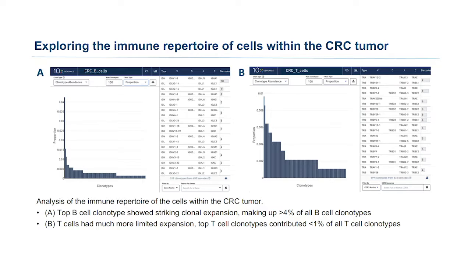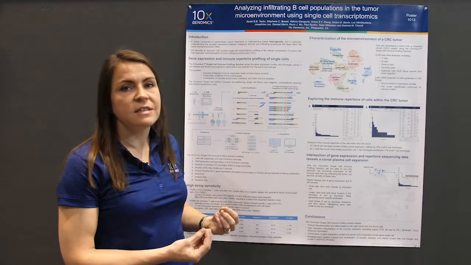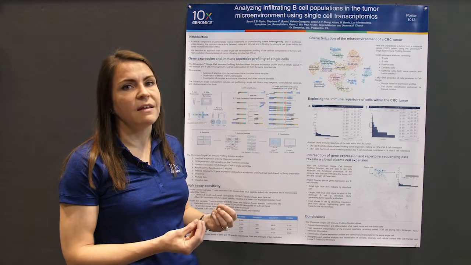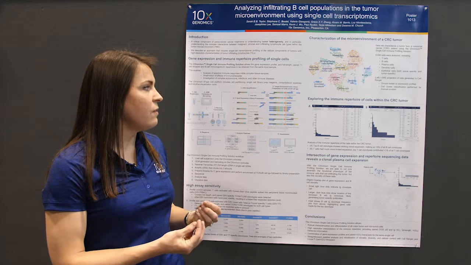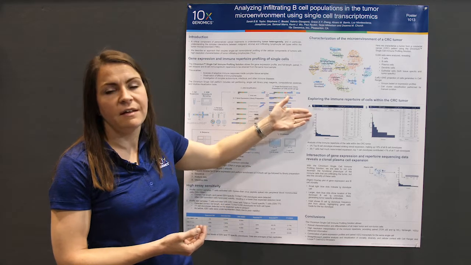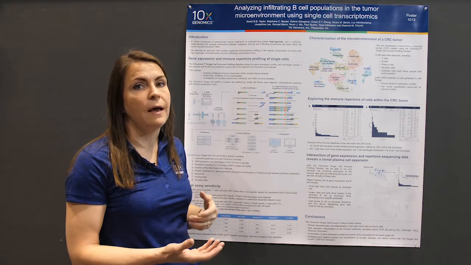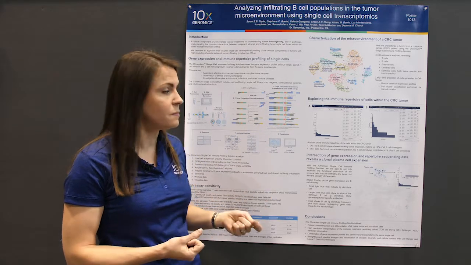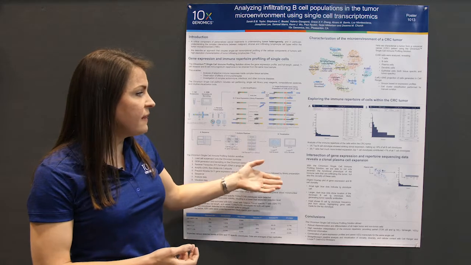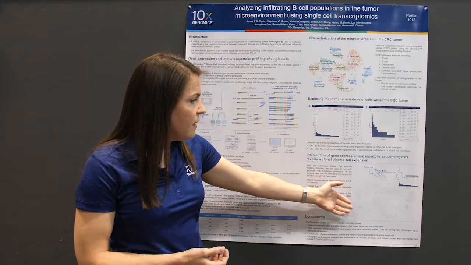When we look at the T cells, you don't see this. The top clonotype here is 1%, and it doesn't particularly stand out, suggesting that within the T cell population, you don't have a specific expansion. What we are now able to do with this technology is link this information together to really identify what type of B cell this is. We can look at the gene expression and see the stage of maturity, or whether it is even a plasma cell. And sure enough, when we intersect this data, as shown in the figure here,